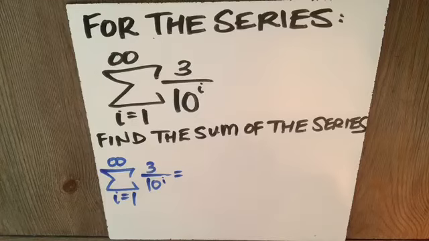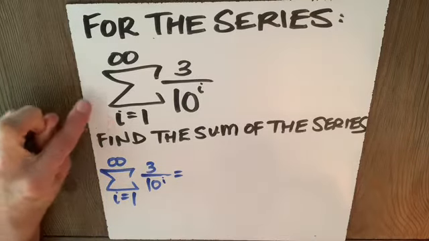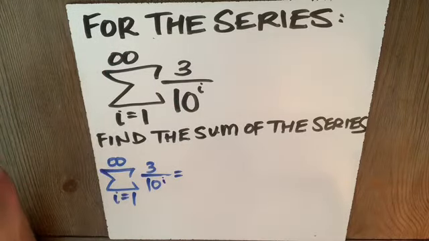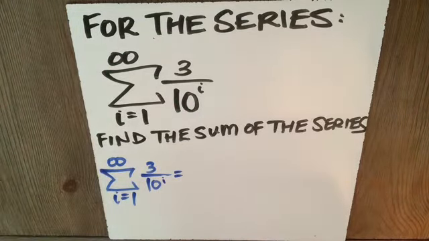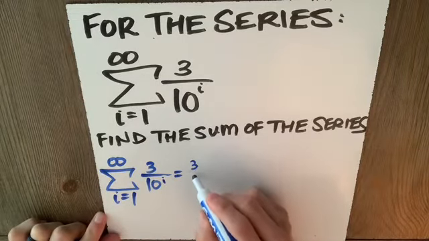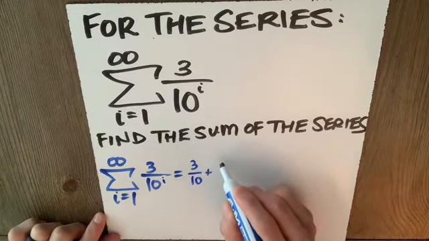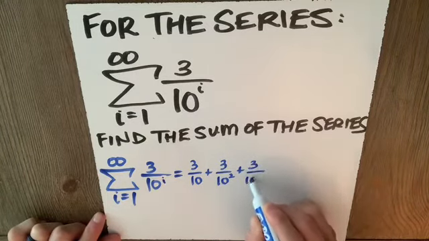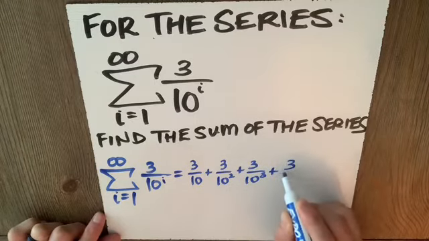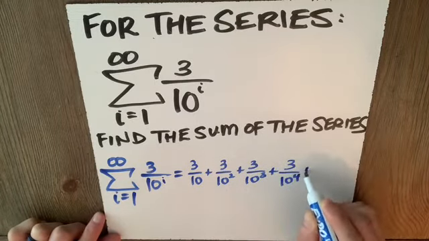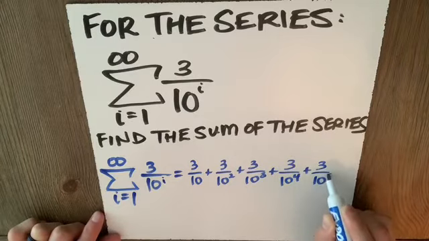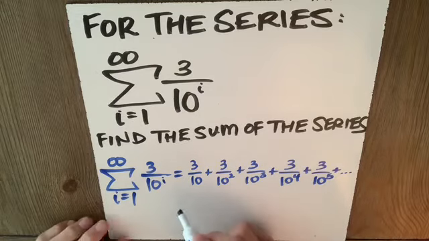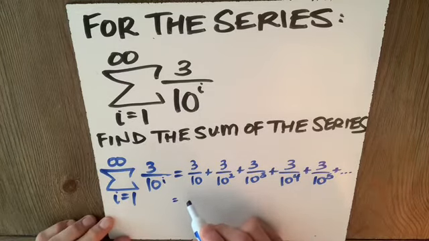For this series, where our lower limit is 1, our upper limit is infinity of 3 over 10 to the i, find the sum of the series. Now I have infinite terms. Of course, this is 3 over 10 to the 1 plus 3 over 10 squared plus 3 over 10 to the third plus 3 over 10 to the fourth plus 3 over 10 to the fifth, and that will go on forever and ever,